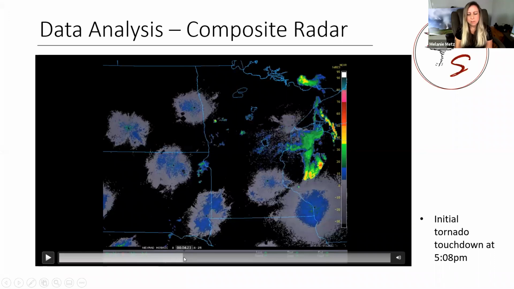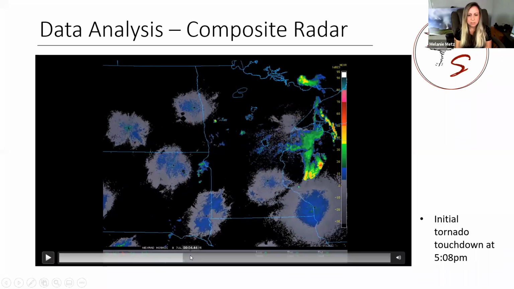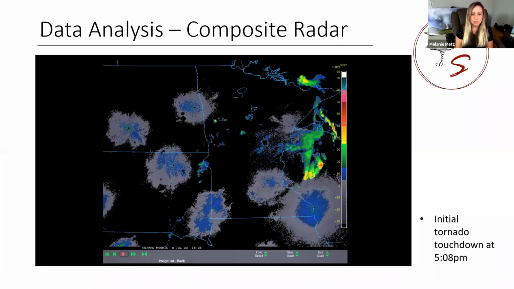And sometimes when we chase, and with forecasting, we don't know what is going to happen from that early morning convection. Is it going to clear out? And will there be enough insolation, enough warming after that clears? Or is it going to leave a cold pool and prevent good convection later on in the day?